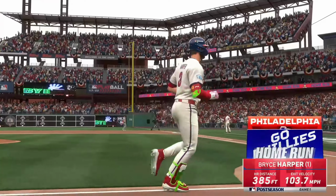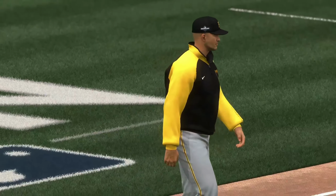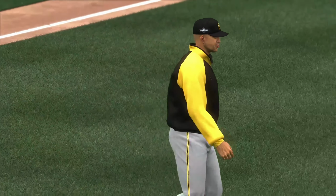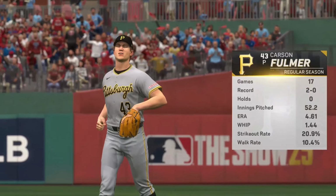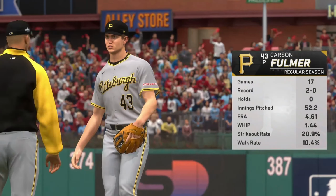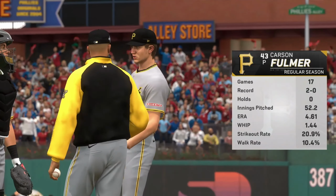Philadelphia loves Harper. Well, they also love their poster boards, apparently, but here in the postseason, the leashes are a little bit shorter. It's time to make a change. And we're going to bring in Carson Fulmer. He has not made an appearance yet in the postseason, and in the regular season here in 2026, he was